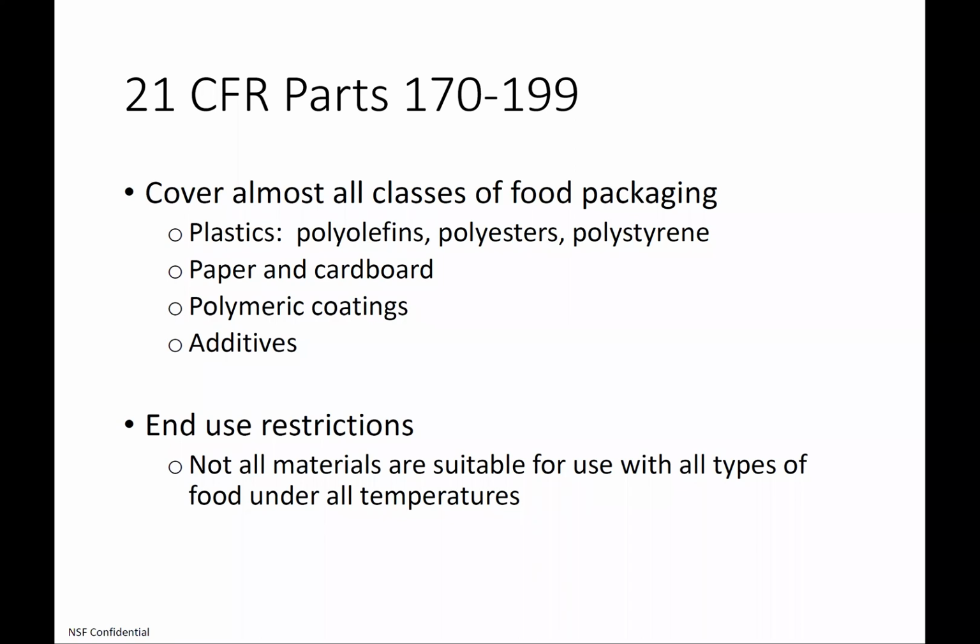So let's look at how to comply with the US food contact regulations through 21 CFR Parts 170 to 199. The Code of Federal Regulations, Title 21, covers almost all classes of food packaging. For example, plastics are covered under Part 177, and under each section of Part 177, the polyolefins, like polyethylene and polypropylene, are covered under 21 CFR Part